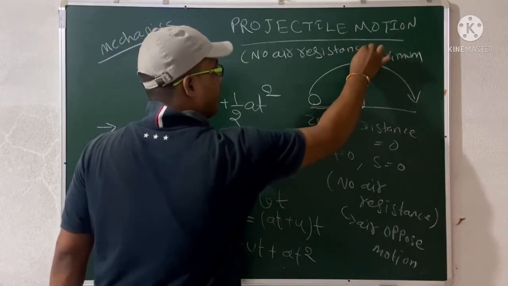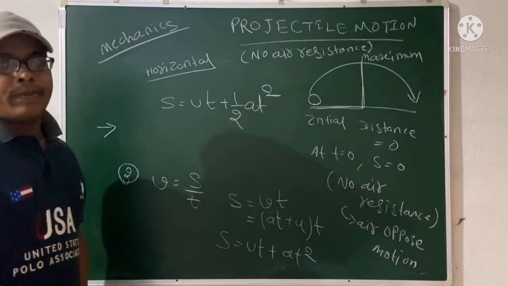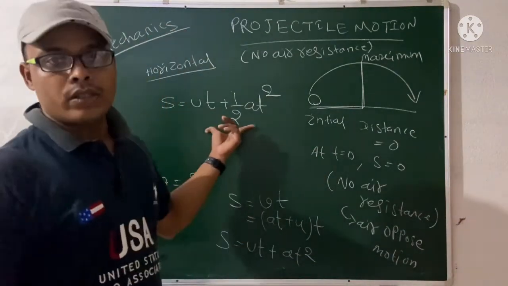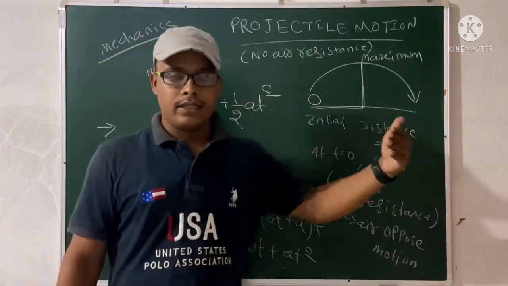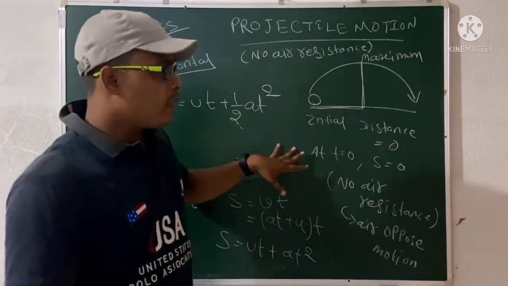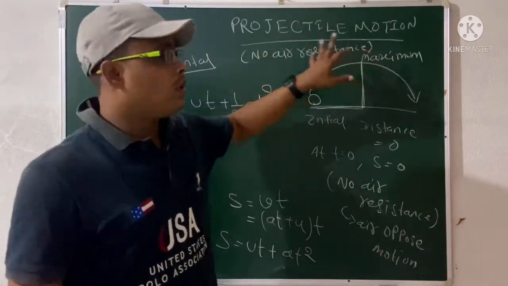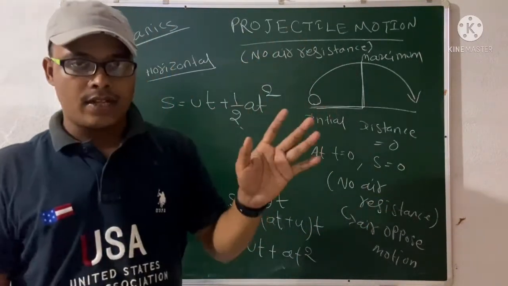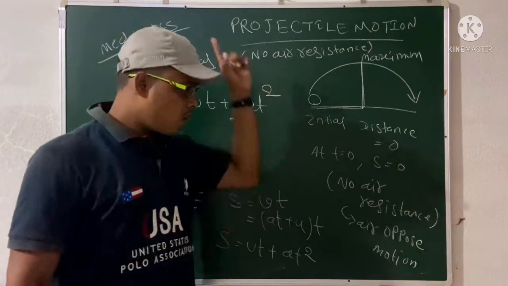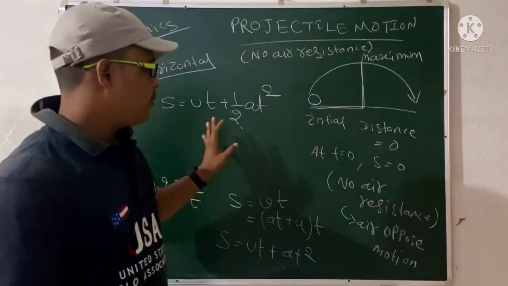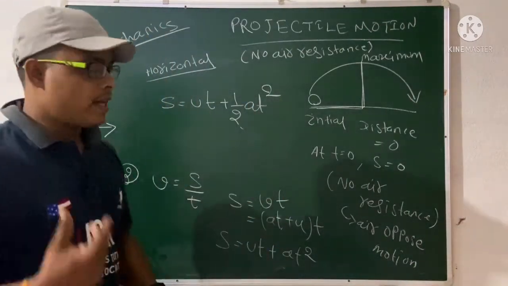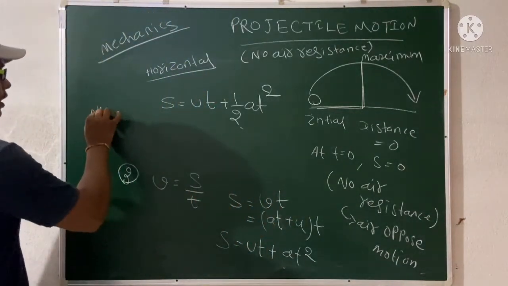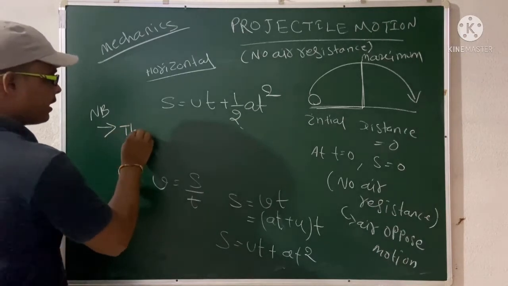If there is air resistance, then that case will be different. We will discuss, if there is air resistance, what the equations of motion will be. That will be different, we will discuss it in another class. So today we will discuss projectile motion with no air resistance. If air resistance is there, then all the equations will be different. So when there is no air resistance, note this, the time taken